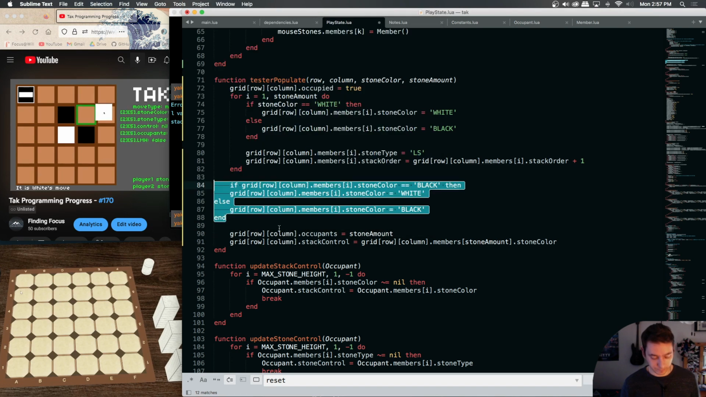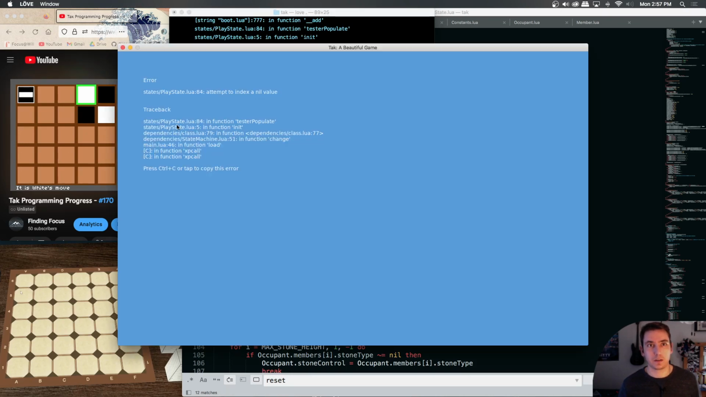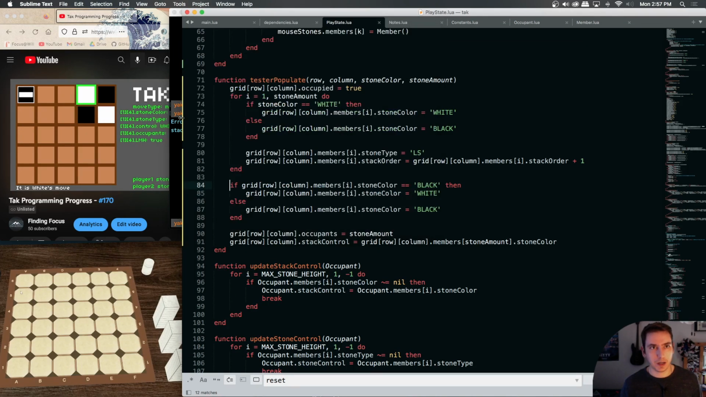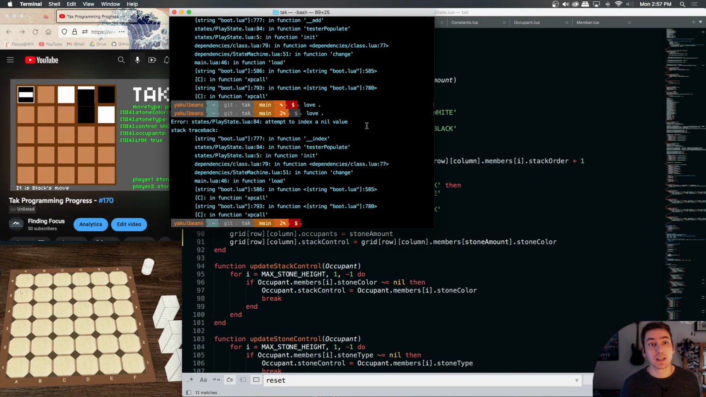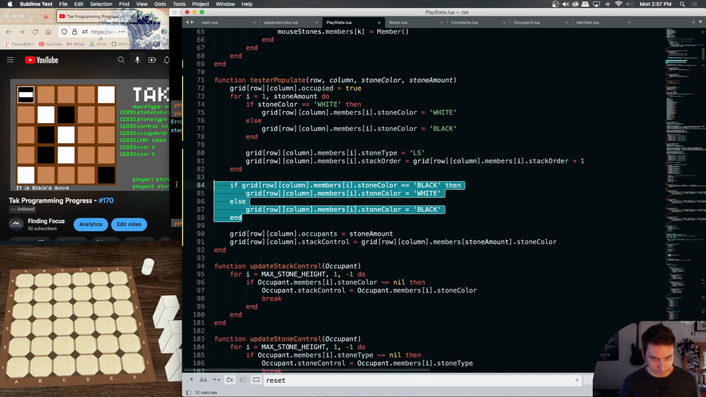Not what I wanted. Okay, now this should give us the correct 84 crashing. So yeah, we need to swap our stone color. Okay, so instead of swapping,